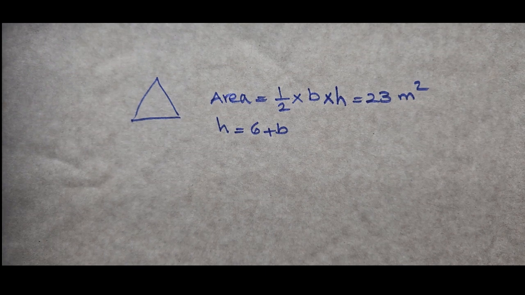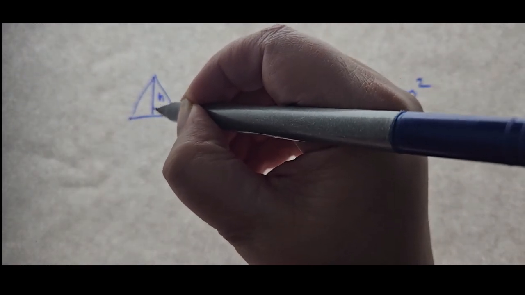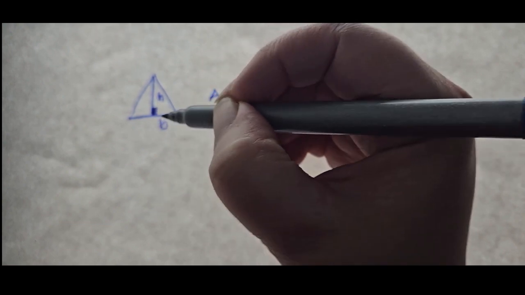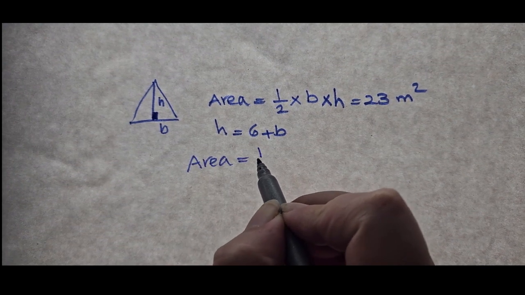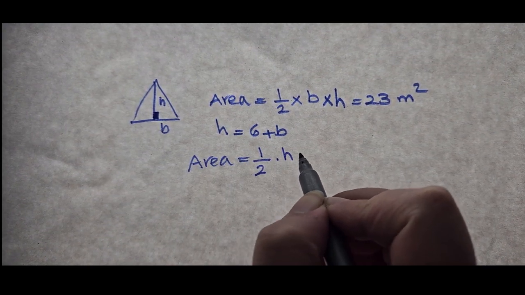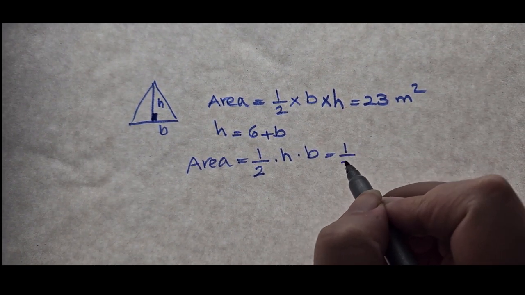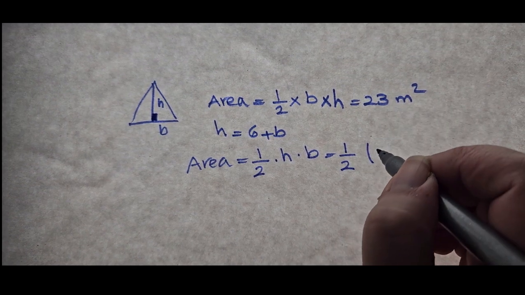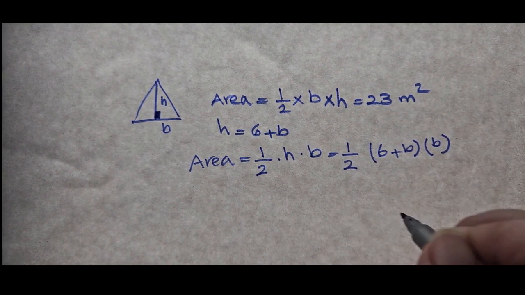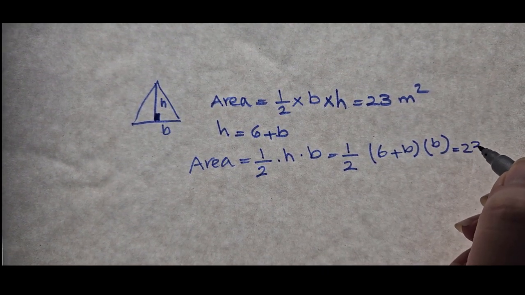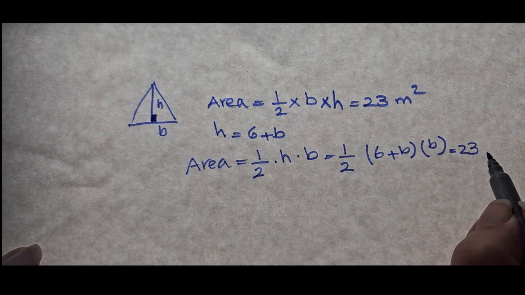right? So here, as you all know, with a triangle, if this is the h, the height is always perpendicular to the base. So if I want to use the formula, the area is 1 divided by 2 multiplied by h multiplied by b. So here, instead of h, I can substitute it with 6 plus b, multiplied by b. Now, if I multiply everything together, it should be equal to 23, because the area is given and it's 23